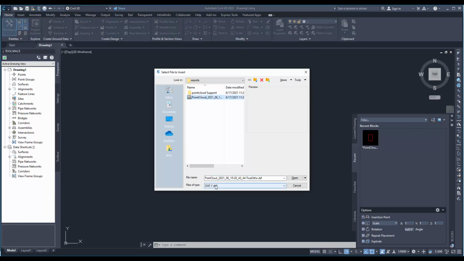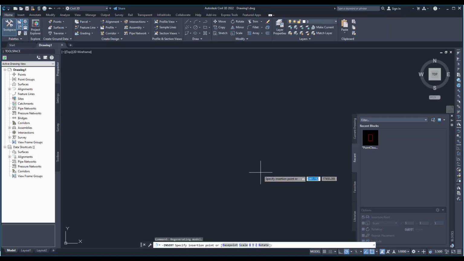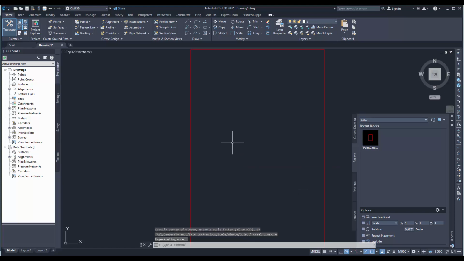Make sure that you have DXF selected here, because it defaults to DWG. So we need to set this one to DXF, select the DXF Frame and press open. 0,0 will be our insertion point. And if it also asks you for insertion scale, you should insert 1. Right. Zoom extents to our